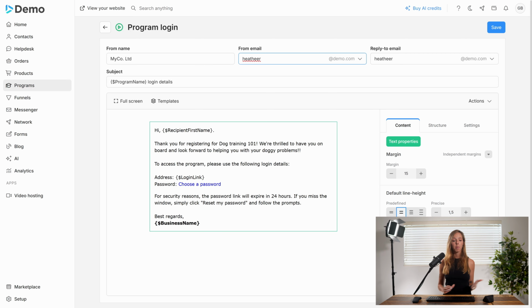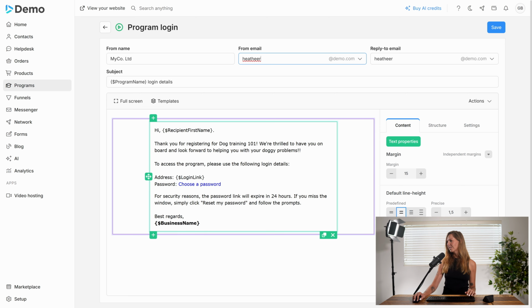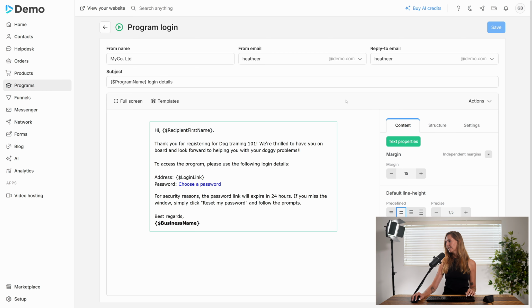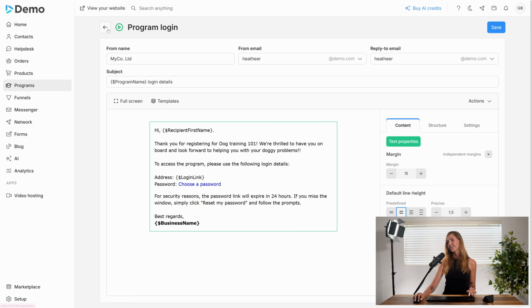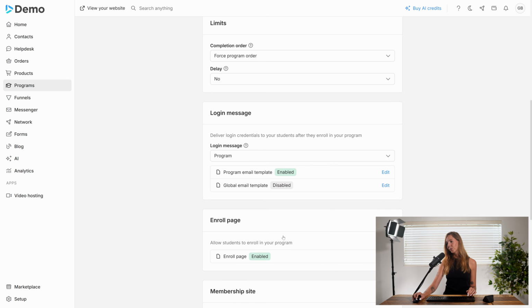But if I have a program that is about baking cakes as well as a program about training dogs, then I wouldn't want this message to be going out to my cake baking users. So this is just the best example that I've got over here. All right, we're going to hit save. And now our program login specific message has been saved. And we can be sure that they're getting a very unique and special message designed to go along with the